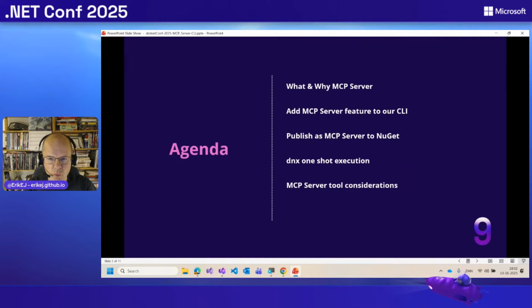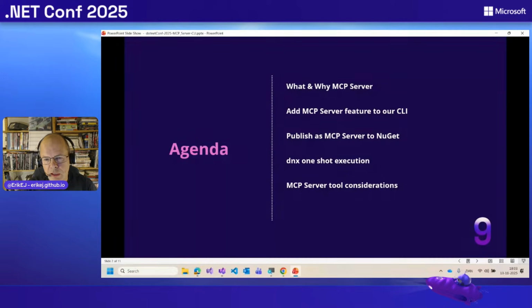So we'll quickly go through what and why MCP servers are. I guess there has been some talk about this already during this event, so we'll just do it briefly. And then we will show what it takes to add an MCP server feature to our current CLI app.